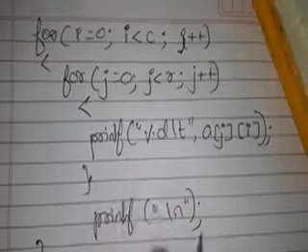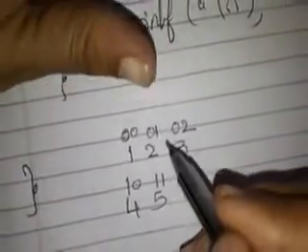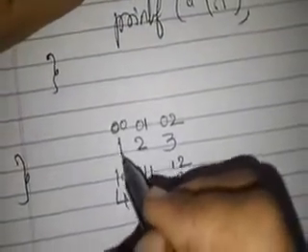Let me trace this. To trace this better, I'll take an original matrix now. What is the original matrix? That is 1 2 3 4 5 6, with indices 0 0, 0 1, 0 2, 1 0, 1 1, 1 2. See, i is equal to 0. Yes, it starts with 0. i less than c, in the sense instead of having only 2 rows in the transpose, how many rows should I have? I should have 3 rows. That's why I am making i less than c.